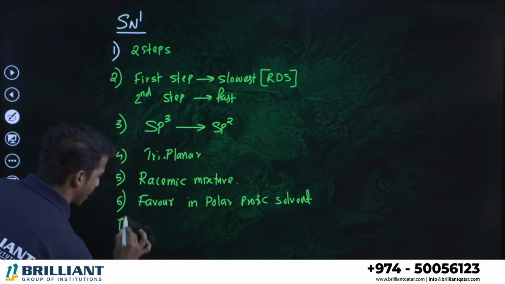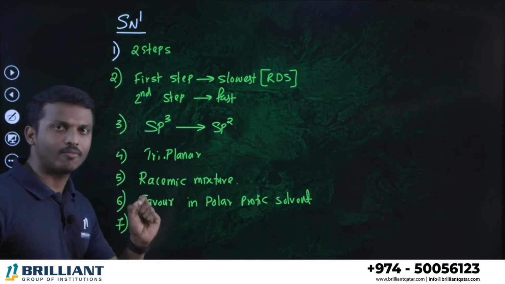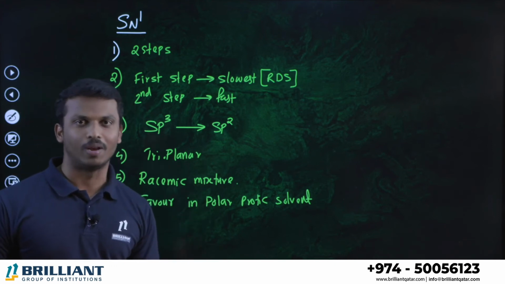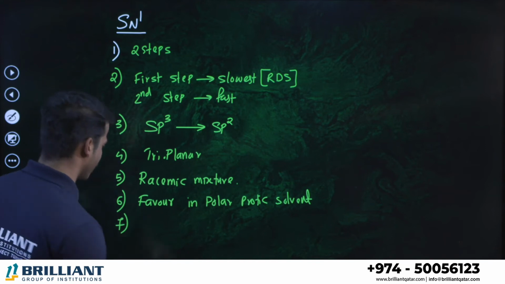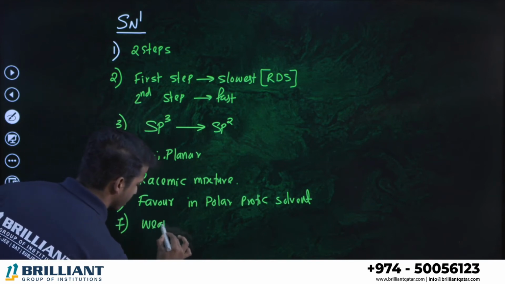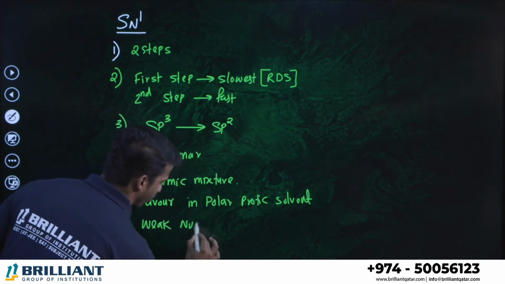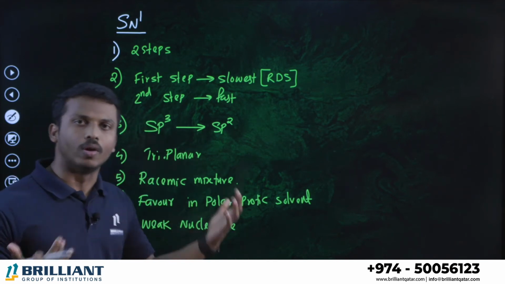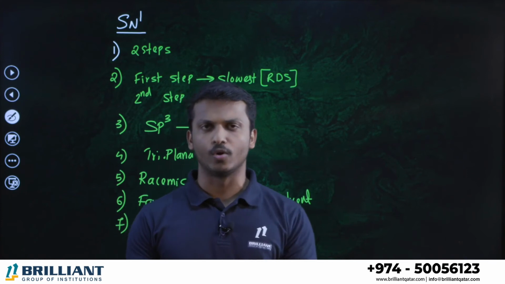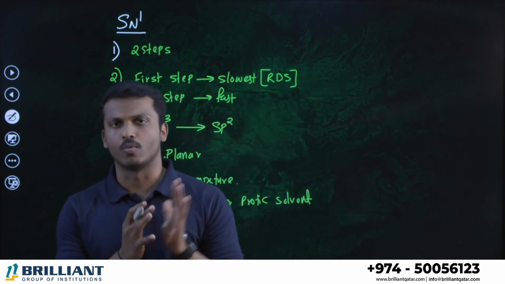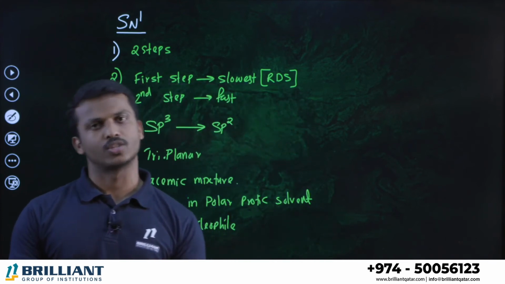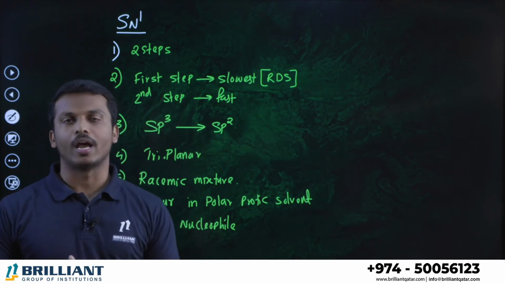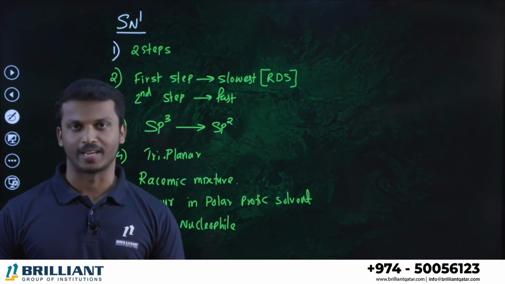One last point, let me tell you, dear all of you. In SN1 mechanism the attacking nucleophile will mostly be a weak nucleophile. SN1 mechanism needs just a weak nucleophile, because the halogen is already ready to leave. Halogens are the best leaving group, so the nucleophile can be a weak one; a strong nucleophile is not necessary for SN1 mechanism. So these are the major points you have to follow about SN1 mechanism.